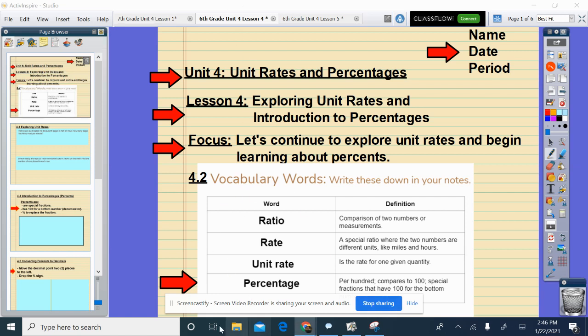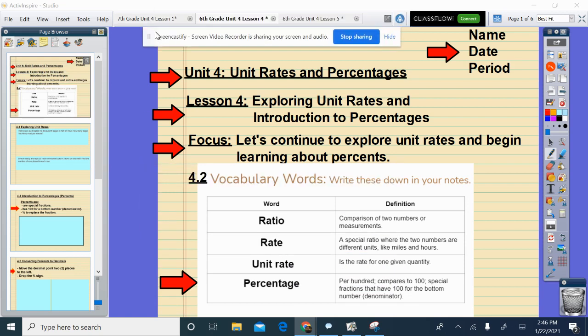Okay, this is the lesson video for January 19th, Tuesday of this week, when we're at lesson number 4, unit rates and percentages. And our focus today is let's continue to explore unit rates and begin learning about percents. So this is where we start